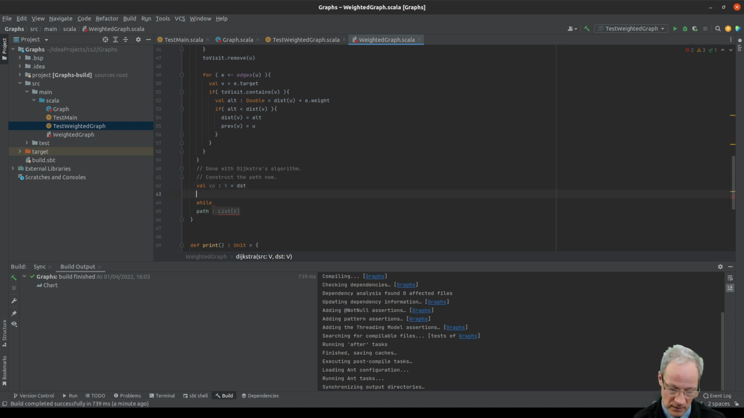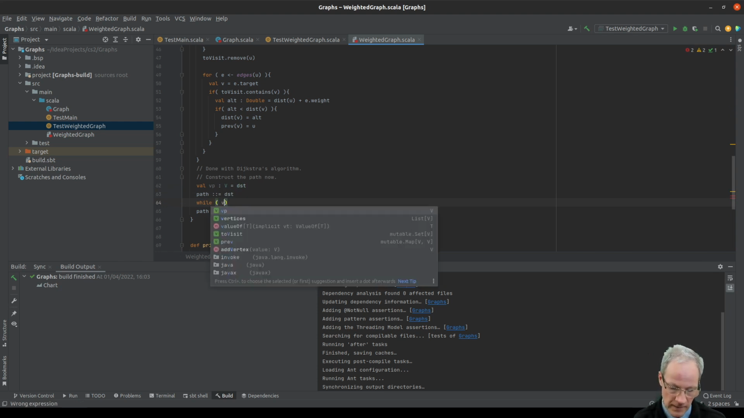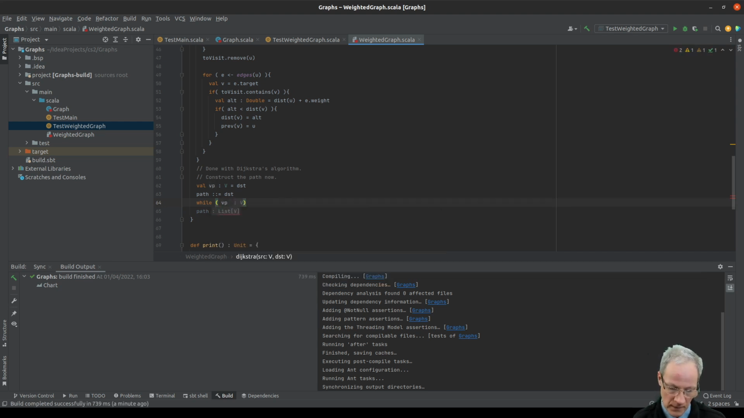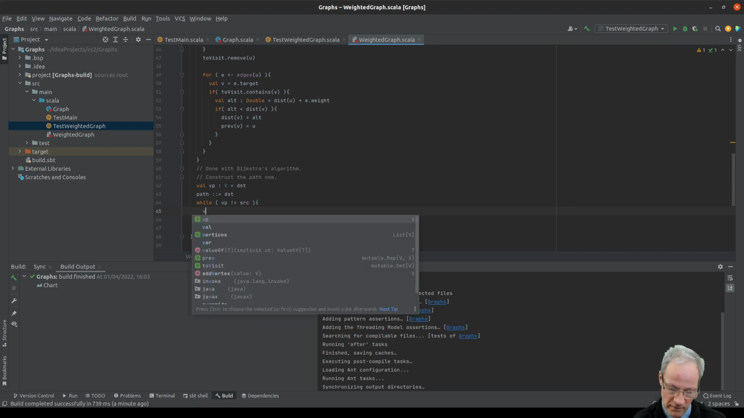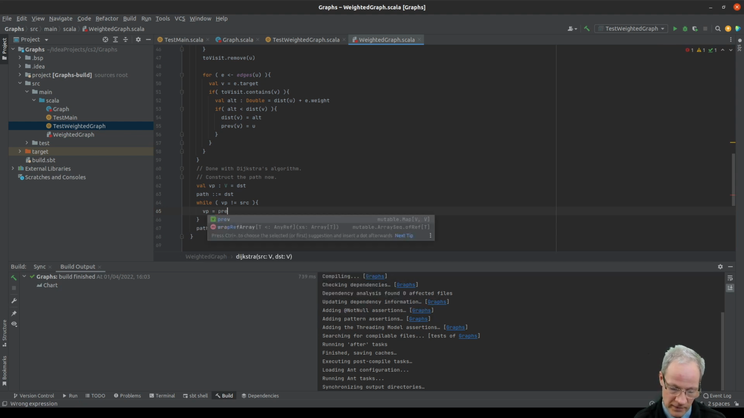Let's add it to the path as well. Okay, so path is equal DST. So we're adding DST to the path. And now let's check while VP is not equal to the source. So while we have not reached the source, what we do is we will look for the next link using the previous. So VP is equal previous from VP,